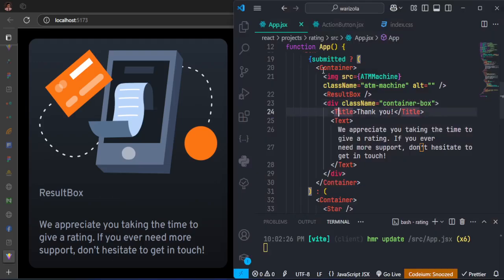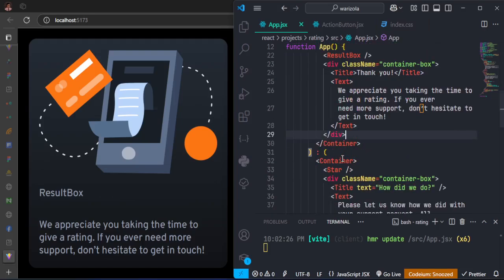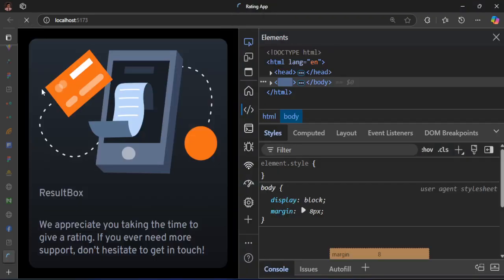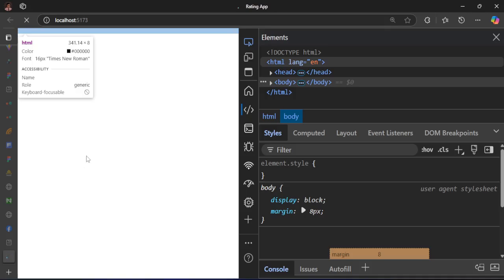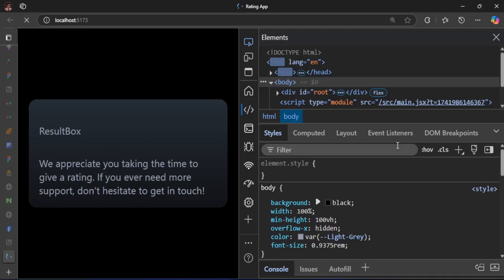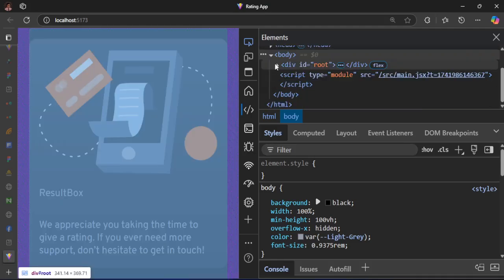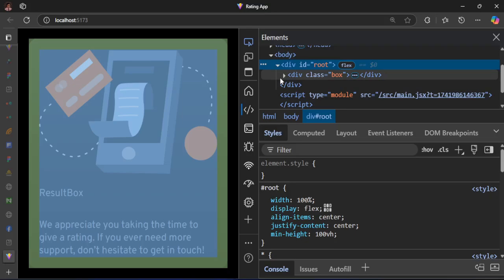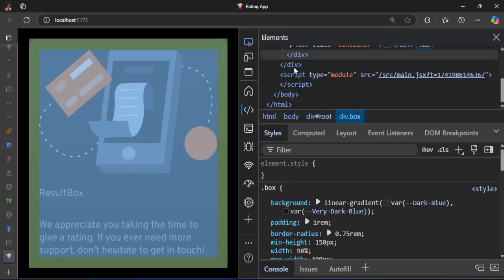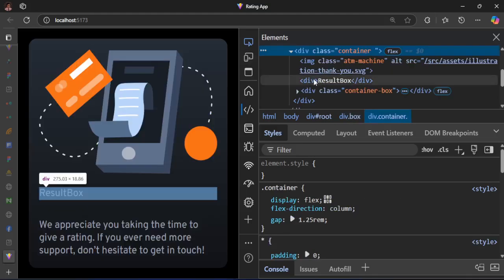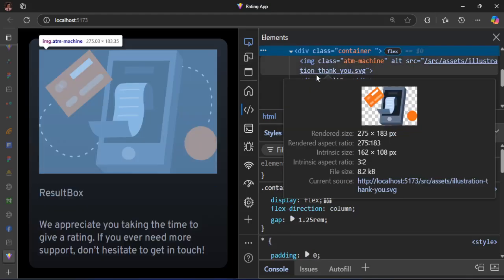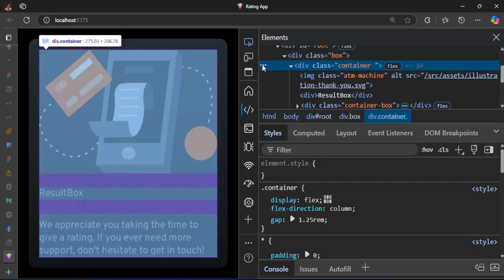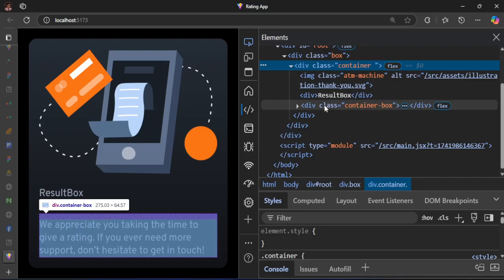So the container, the div, we have container box. Then inside it, I have these two. Let me reload the page because they are supposed to be close side by side. So what is going on? This stuff is not loading. Yeah, it's done. Let me check the page. Something is going on with that page. So let me inspect. So we have this image. Then we have this container. What's going on? We have this container. Yeah, so as you can see, only